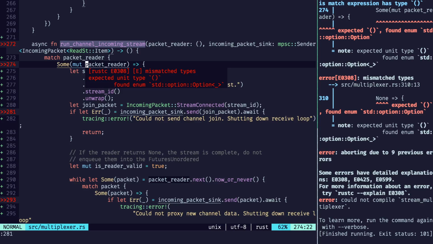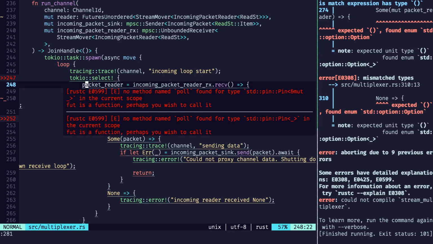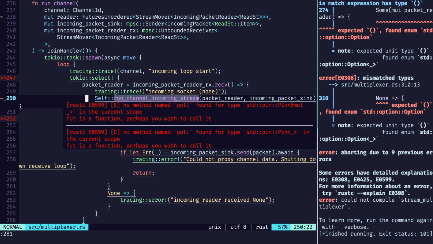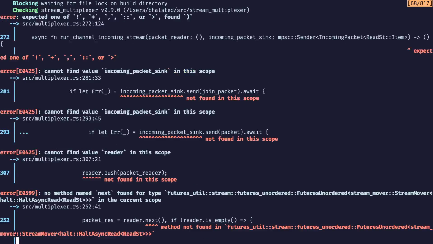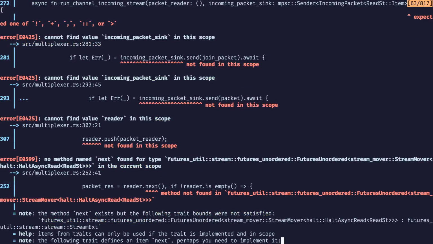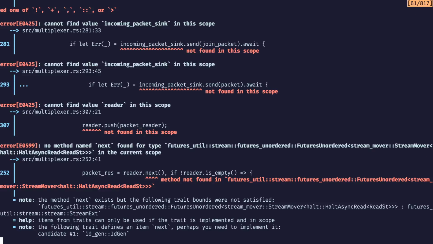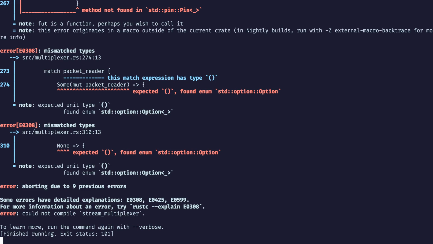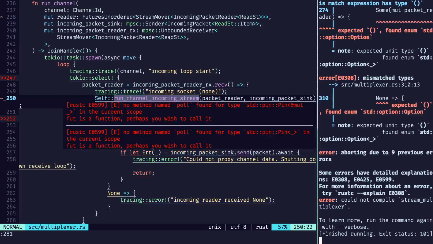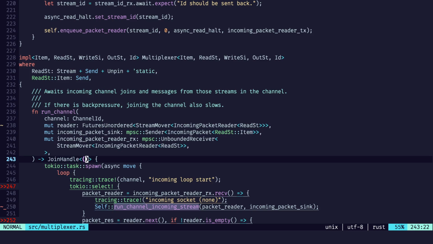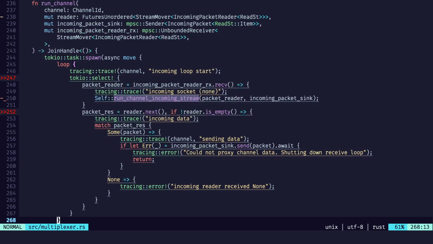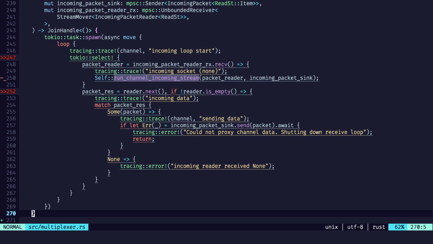Okay, mismatched types. Good, good, good. So in this case, when we get a packet reader out of this, what is the kind? Actually, I'm just going to say,